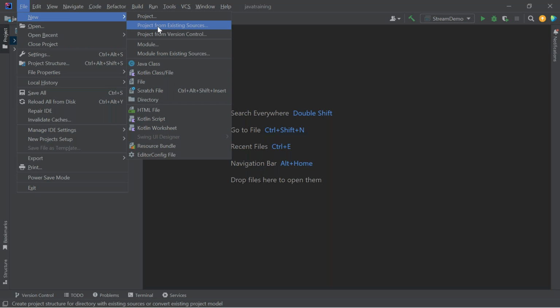In most organizations, especially big organizations, there will be a project already created and there will be some team members available. They will develop some code and they will be using it, and that code only they will share. When you join, immediately you won't get all the access.